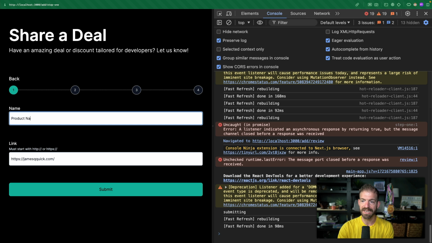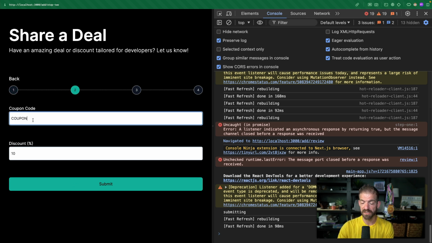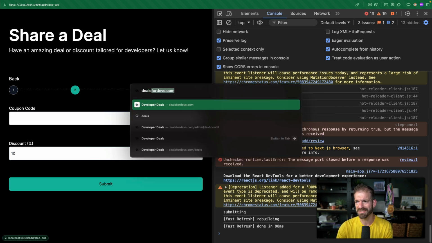So if I say product name, and then we go to the second page and get rid of the coupon, and then go here, it should say validate coupon details. Cool, that works. The one additional thing that we added inside of Deals for Devs, and this is a little hacky, I don't love it,